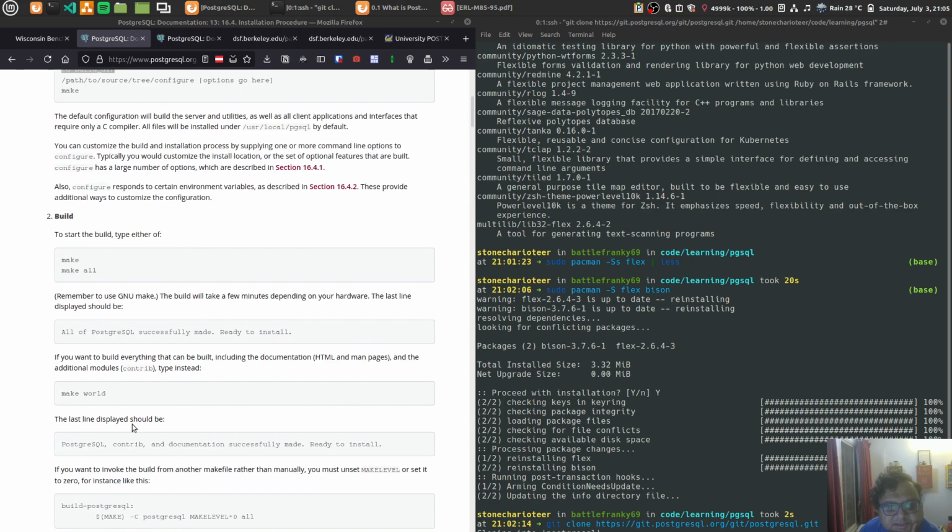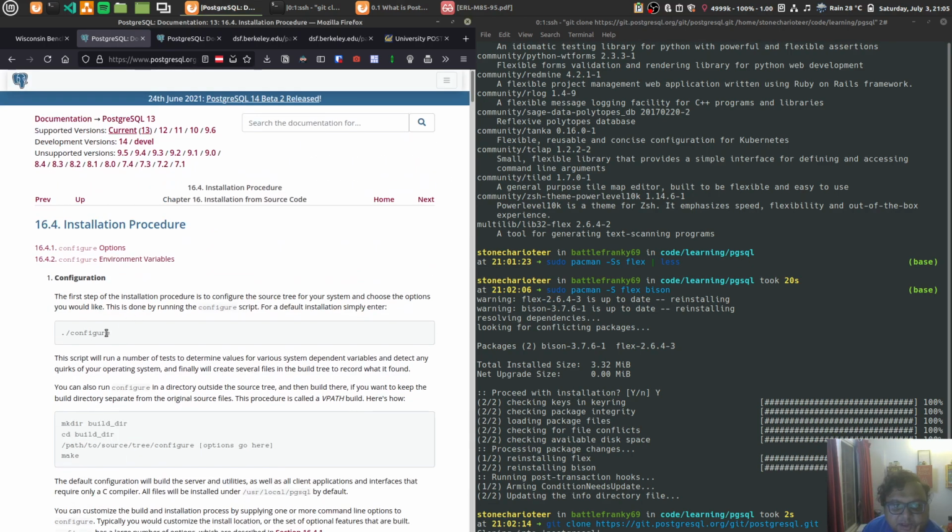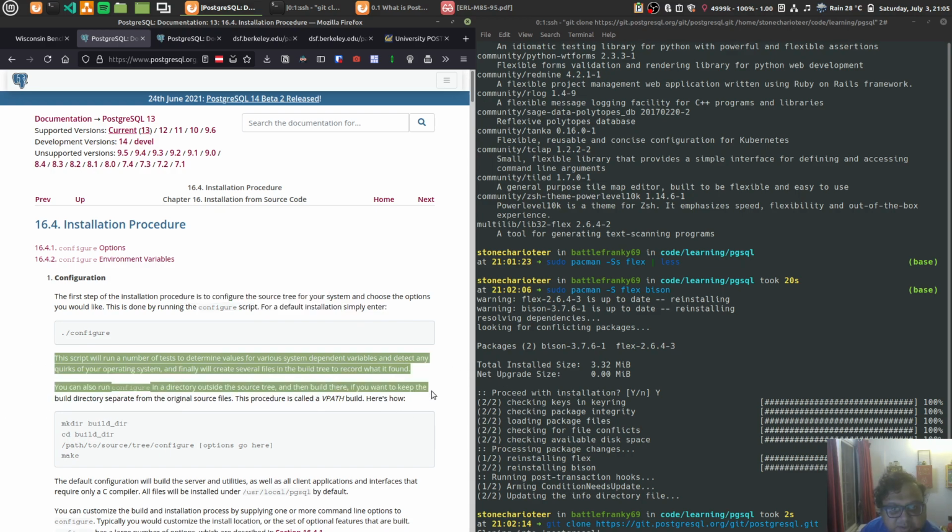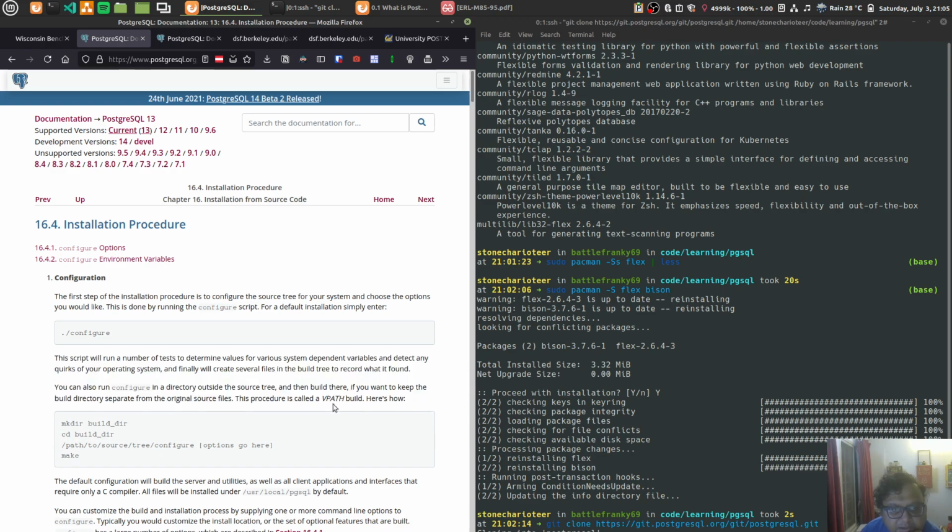I mean, the commands are fairly straightforward. You have to configure. If you want to set it up as a default installation, you just do that. You'll check your dependencies and everything. You can also install it outside the source tree and build there. If you want to keep the build directory separate from the source files,